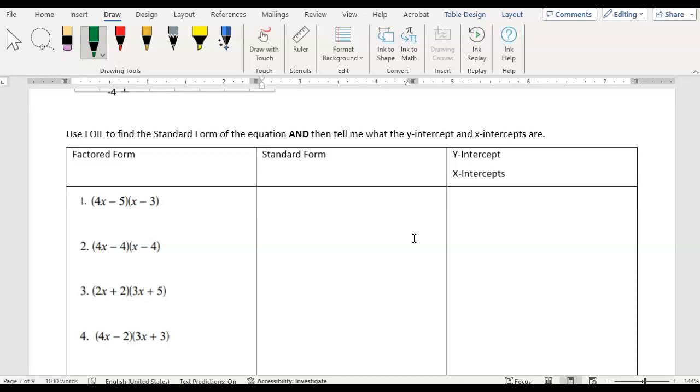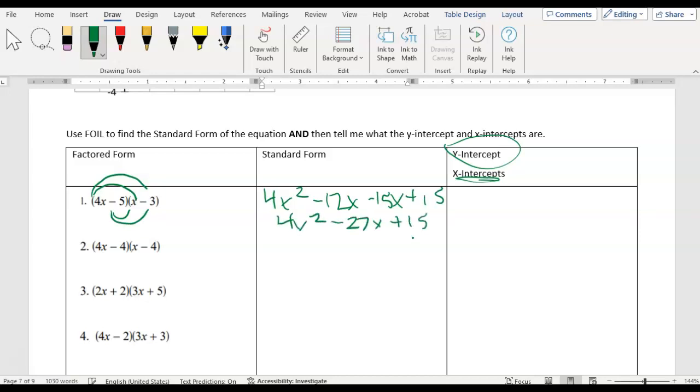So first, it's asking you to find the standard form and then find the y and x intercepts. So finding standard form will help us to find the y-intercept, and looking at it in factored form will help us to find the x-intercepts. So I'm going to go ahead and FOIL this. So we're going to get 4x squared, and then we'll get minus 12x, minus 15x, and then last plus 15. So immediately before I even consolidate this, and I do want you to consolidate that, okay, minus 27x plus 15, this is my y-intercept. So the y-intercept